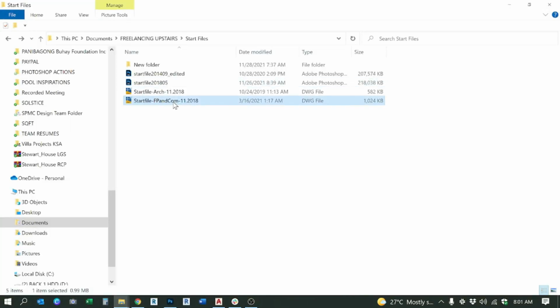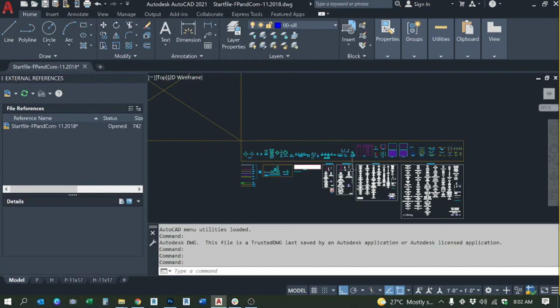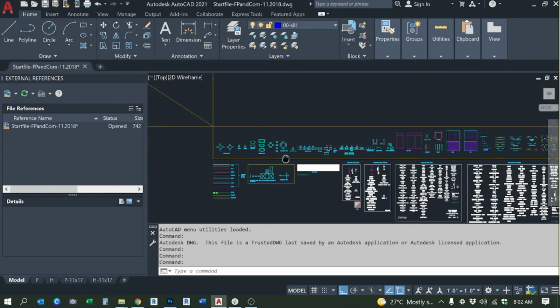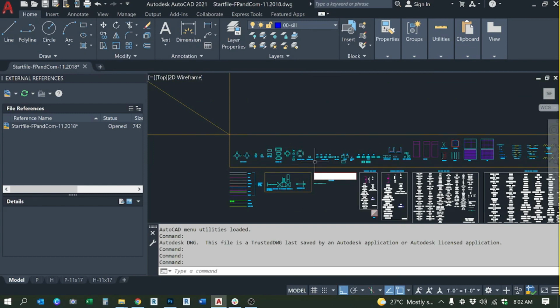So let's open my AutoCAD. Let's open the start file. We have a template start file that we can use. So let's open this. This is the template that I use for creating the floor plan. This is in imperial units, so this will be in inches, but you can convert it to